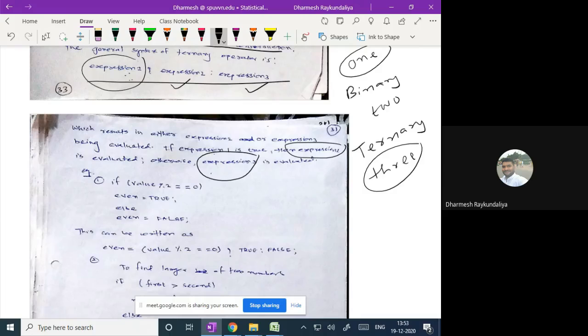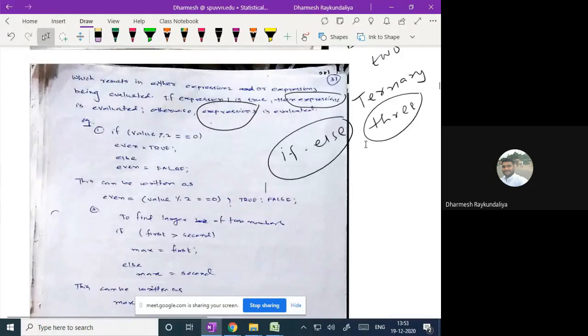So the ternary operator can be used as an alternate to the if-else structure. Sometimes we may ask in an MCQ, sometimes in a viva. So the ternary operator is nothing but an alternate to the if-else structure. So let me show you one example. If value